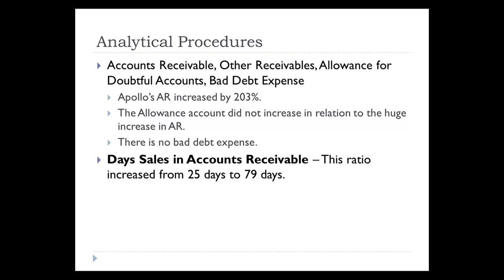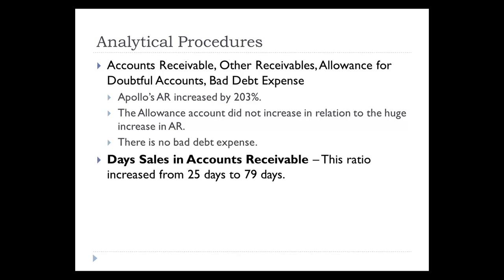The other thing is days sales in accounts receivable. So calculating a ratio. Remember, analytical procedures include ratios. If we look at days sales in accounts receivable, it increased from 25 days to 79 days. That should tell you that they're not collecting. They're not turning their receivables over. So that's proof that there's a problem with the allowance for